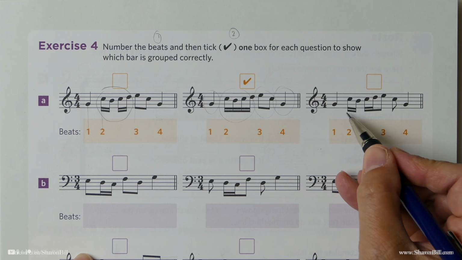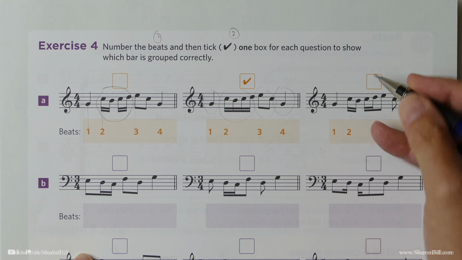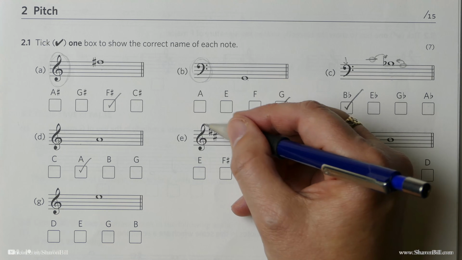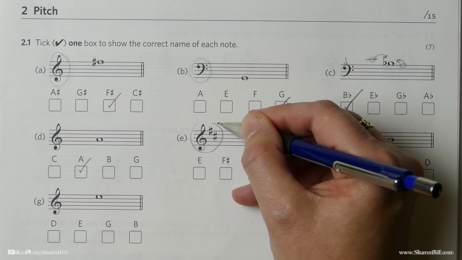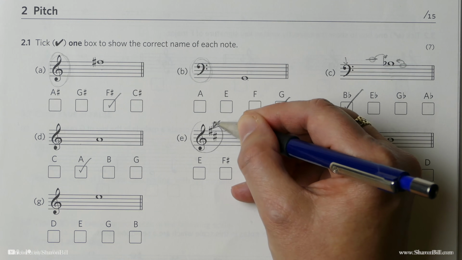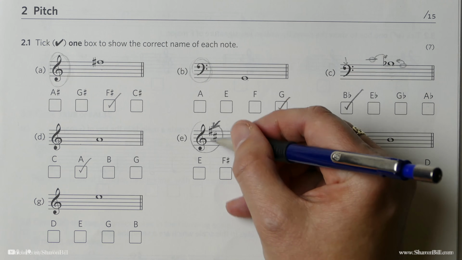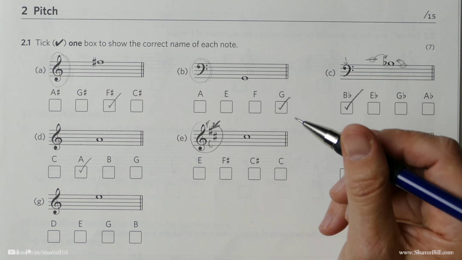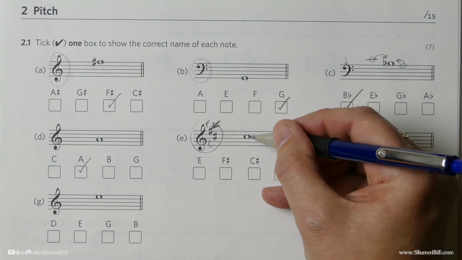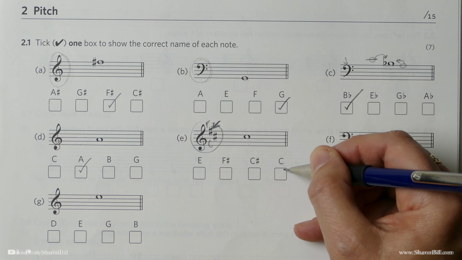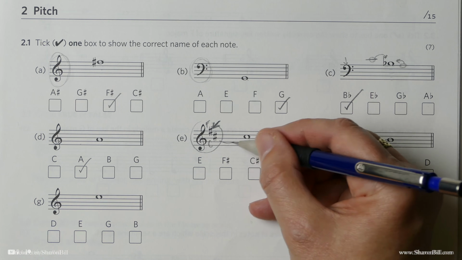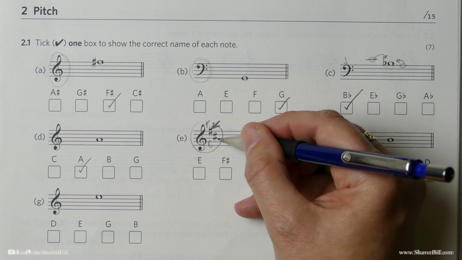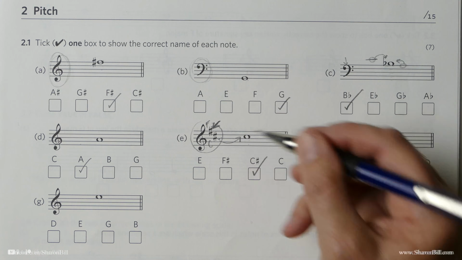Here again we've only got half a beat and then there's a break, so that looks like that's beat 2. Now here we're in the treble clef and we've got a key signature, so that's the sneaky bit there. Watch out, we have an F sharp and a C sharp, and so this is FAC in the treble clef, but that will not be the correct answer because the key signature is active. It's a C sharp, so just keep your eyes peeled there. That's where you could go a little astray.